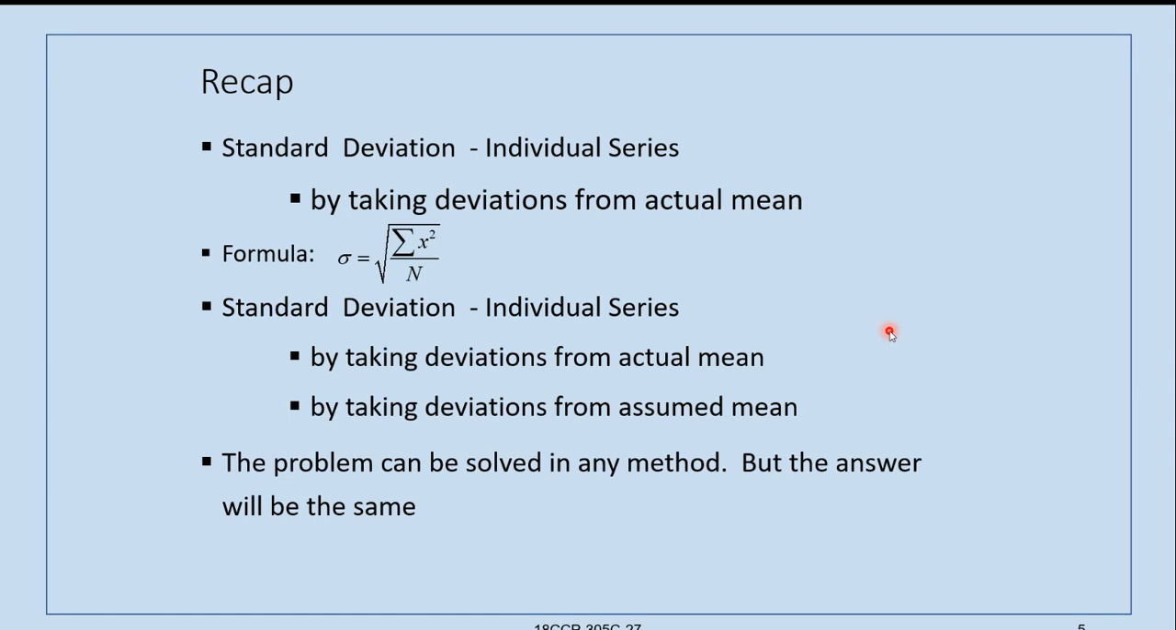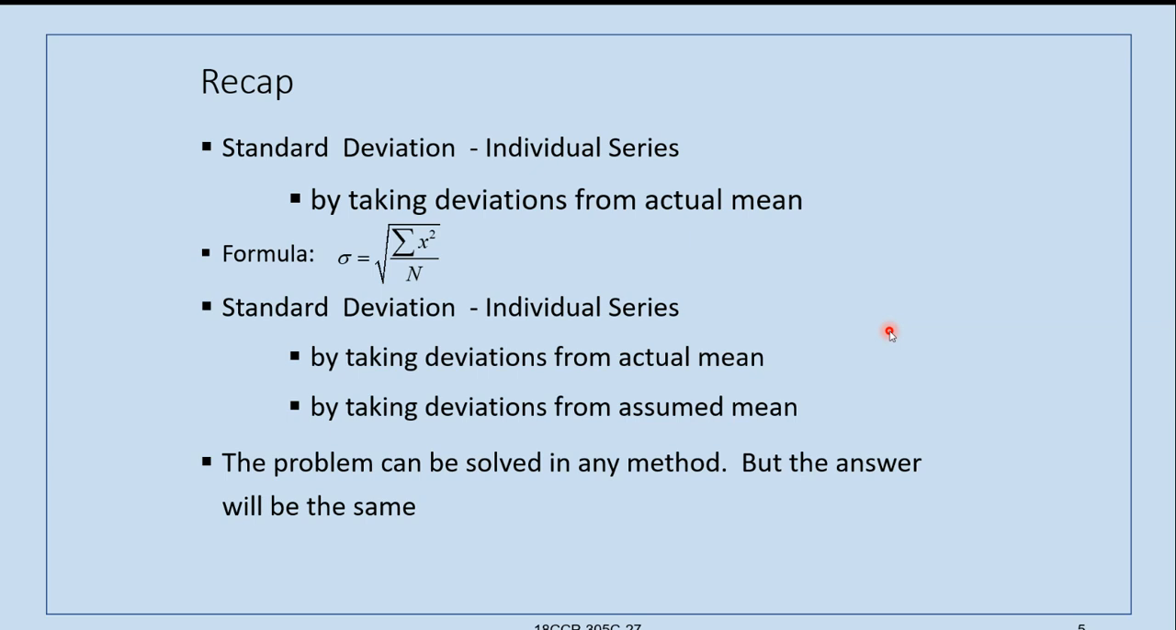For calculating the standard deviation in individual series, if the deviations are taken from actual mean, the formula is standard deviation is equal to root of sigma small x square by n, where small x is equal to x minus x bar. That is, we are taking in the